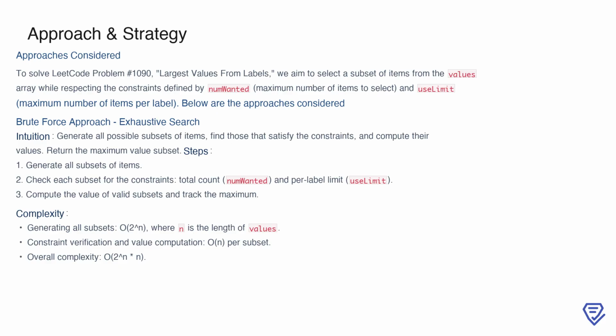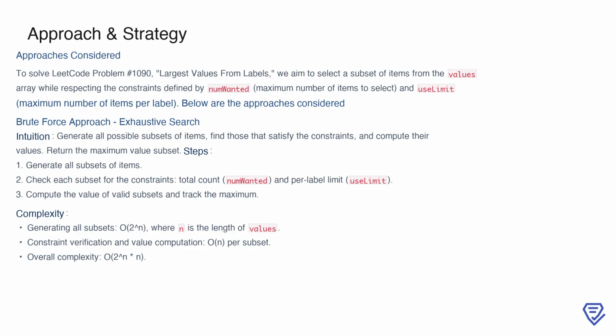If a subset meets these conditions, we calculate its total value and track the maximum value among all valid subsets. However, this approach requires generating all possible subsets, which involves exponential complexity of O(2^n) for a values array of size n. Additionally, verifying constraints and computing the value for each subset adds another O(n) per subset, making this method computationally infeasible